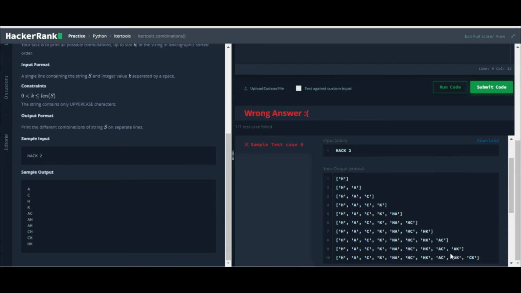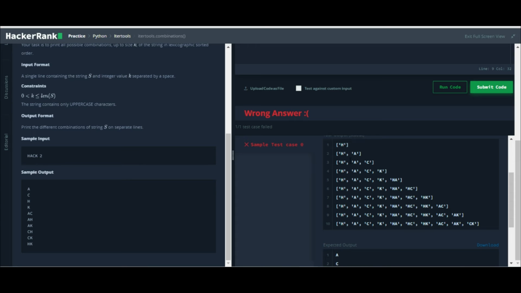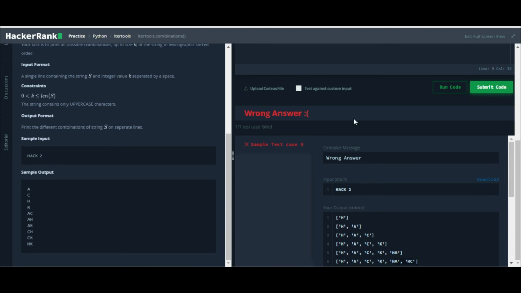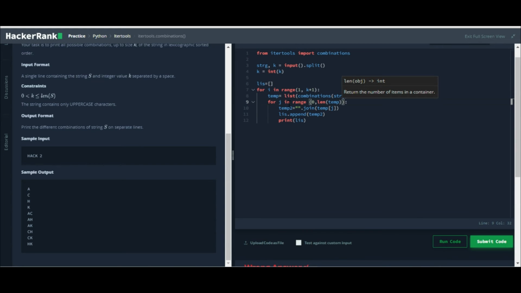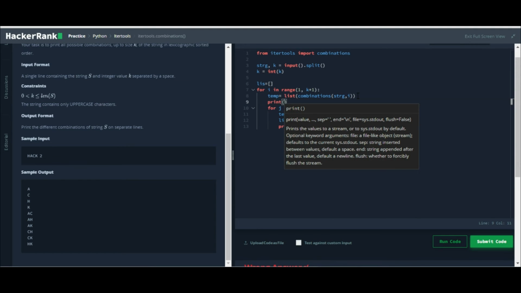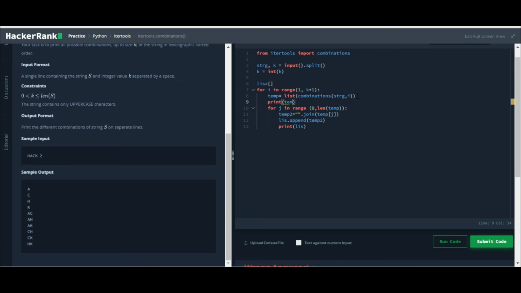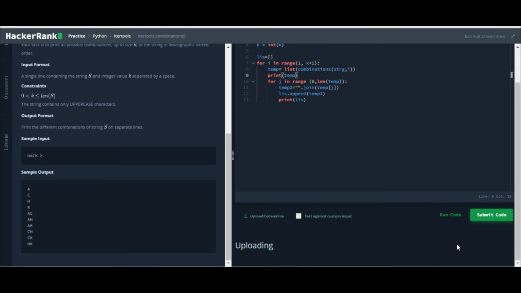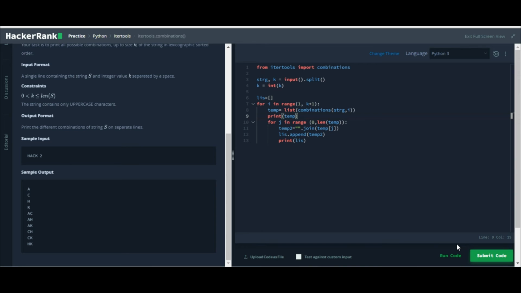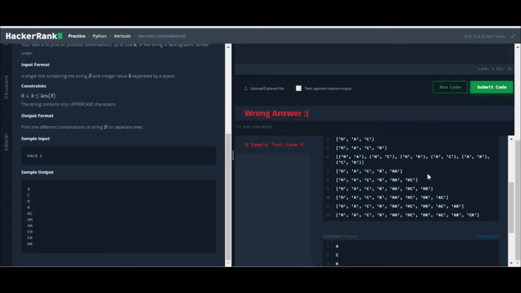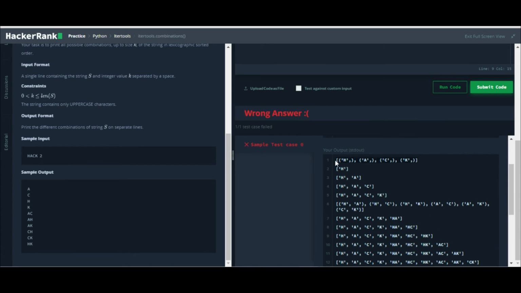So you can see H, then HA, then HAC, K, then HAC. See these, they are all combined. In temp, let me print temp as well so that you can compare. Temp is carrying everything, see here, HACK, but they are not combined.